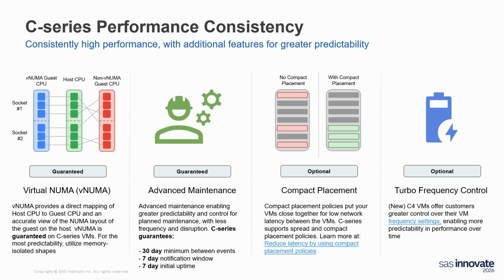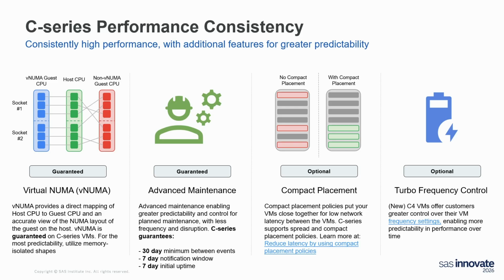Digging in architecturally, placement is a big thing that is needed for this size of a workload. So if my laser works, we have placement that works, right? The C4 shapes align from the host to the guest each time, whereas in the past you may not have always had that. And so there's latency, and maybe issues down the road with that. But we can guarantee that with the C4 series. So virtual NUMA is something that's guaranteed. Also guaranteed is maintenance expectations.